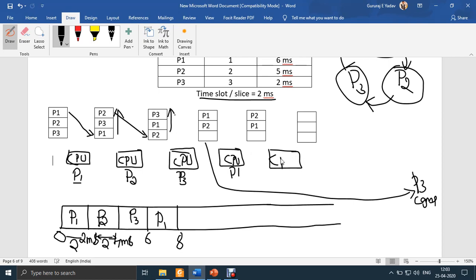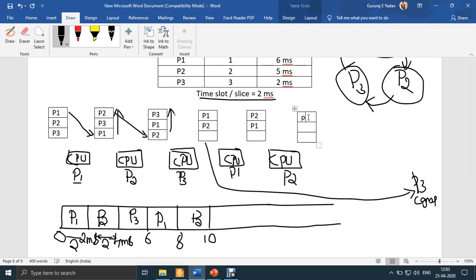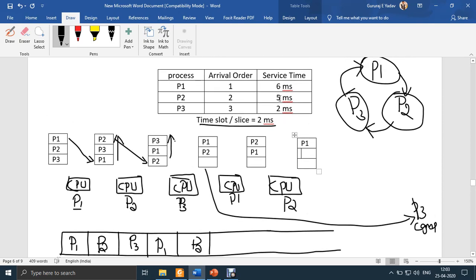Once again, whoever is sitting at the top of the queue will get its chance. P2 is sitting at the top, so P2 will get its chance at 8 milliseconds, again for exactly 2 milliseconds only. Now again you have to rearrange this queue. P1 will be moved up in the queue. What about P2? Whether P2 will come and sit here